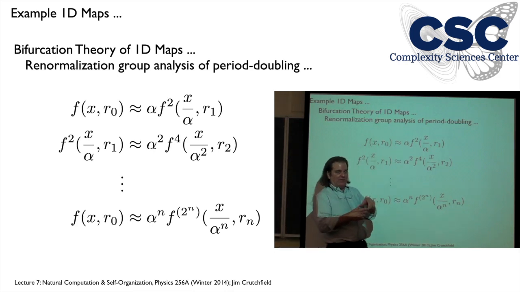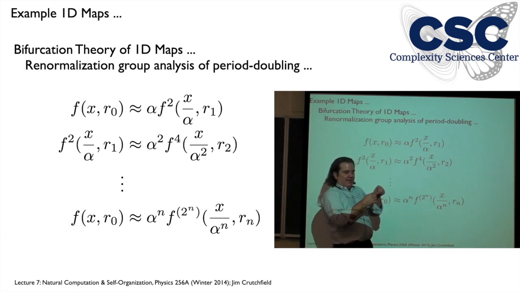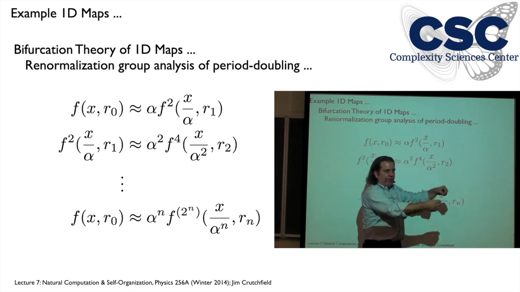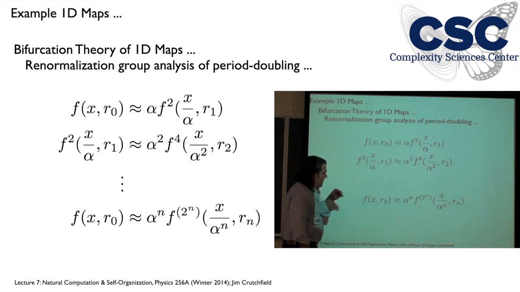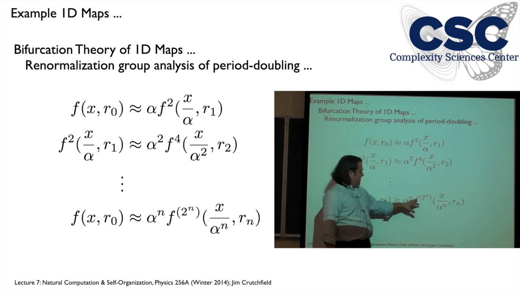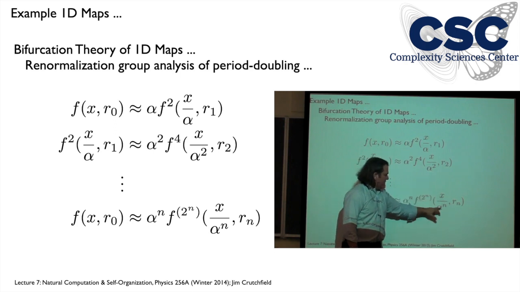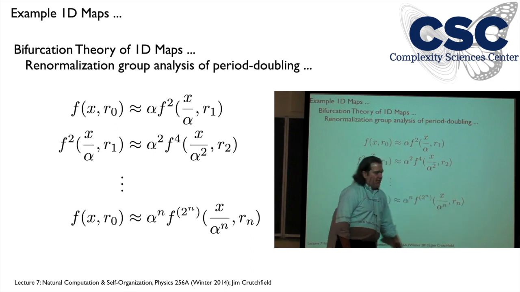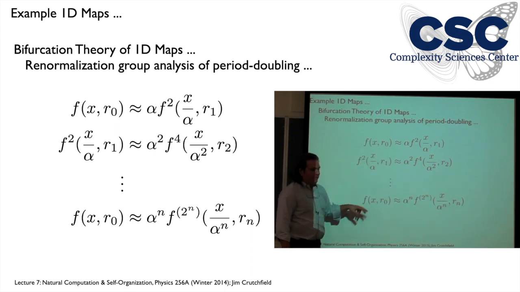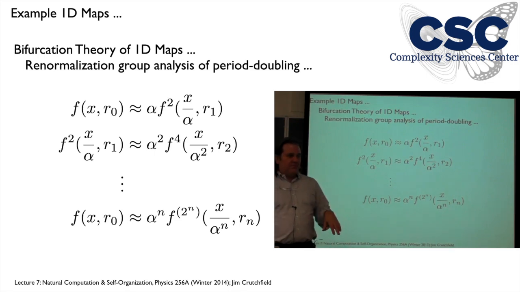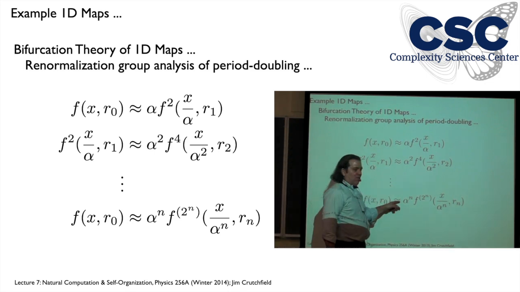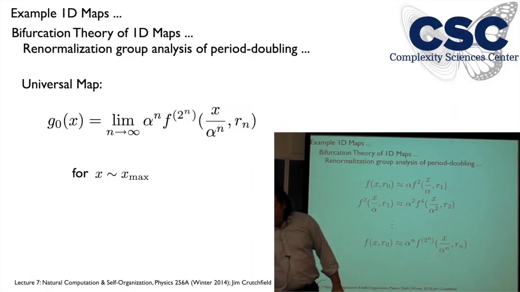The idea, argued by the series of bifurcation diagram zooms, is that this keeps going further and further into the period doubling sequence as we get close to the onset of chaos, so that eventually we're looking at powers 2 to the n of f, focusing around a half, rescaling by some appropriate n-dependent value at the nth superstable orbit, and that should look like the original function. So there are squiggly signs here. It's just kind of qualitative. So the real jump is